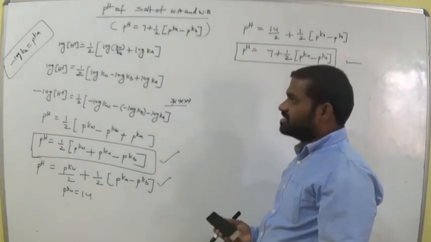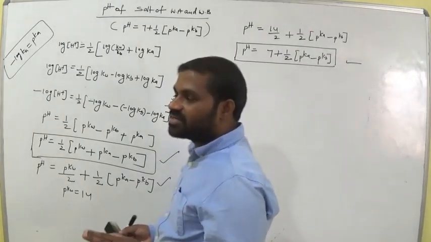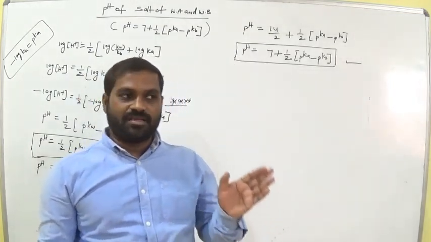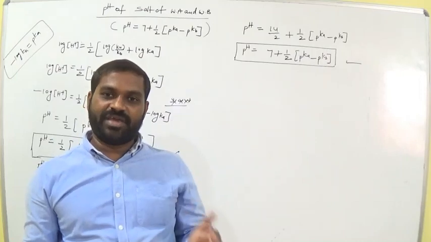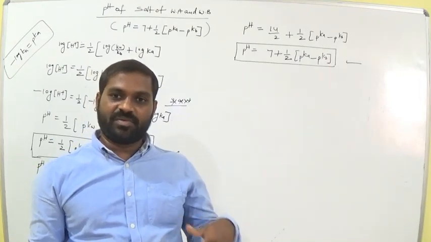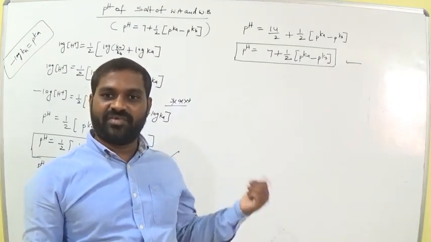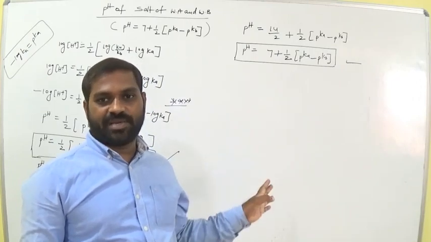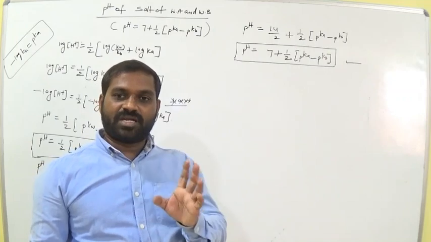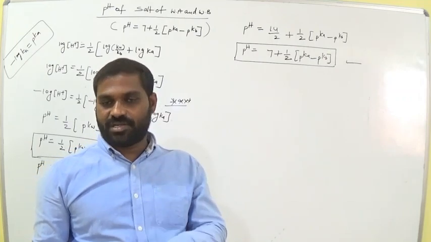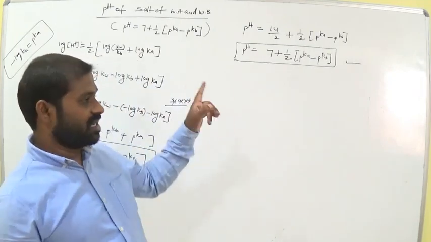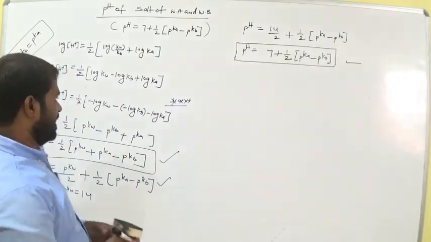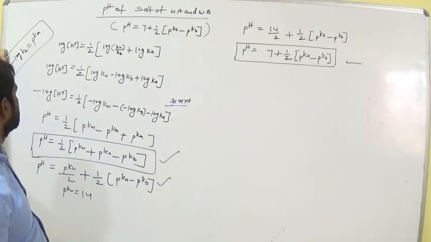So okay students, this is about salt hydrolysis. We have 4 types of salts: salt of strong acid and strong base, salt of weak acid and strong base, salt of strong acid and weak base, and salt of weak acid and weak base. We have 4 formulas for the pH of these types of salts. The salt of a strong acid and strong base doesn't undergo hydrolysis. The salt of a weak acid and weak base does undergo hydrolysis. Okay, clear?